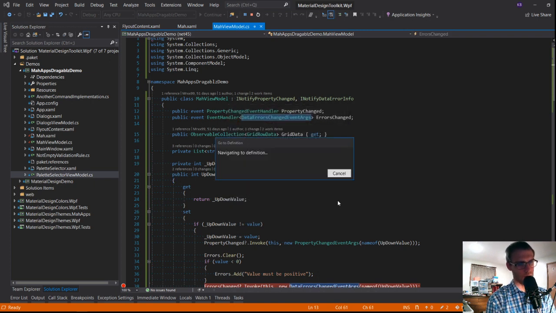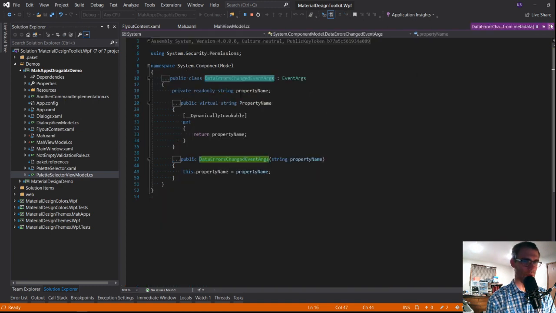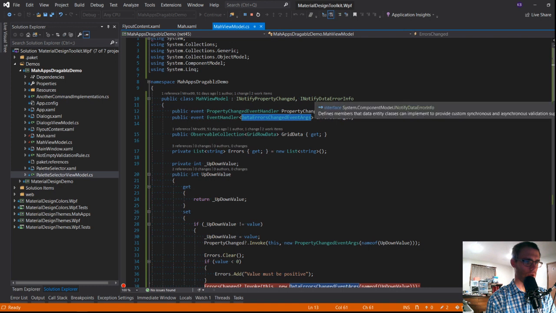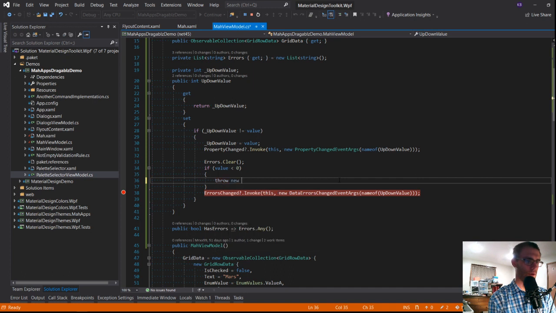You have to actually give it the error info. I've missed something in my implementation here. So property changed. You know what? Let's do this. Throw new exception. Value must be positive.